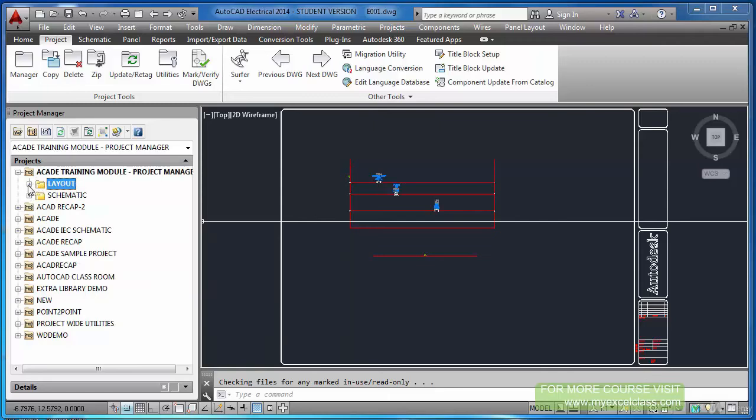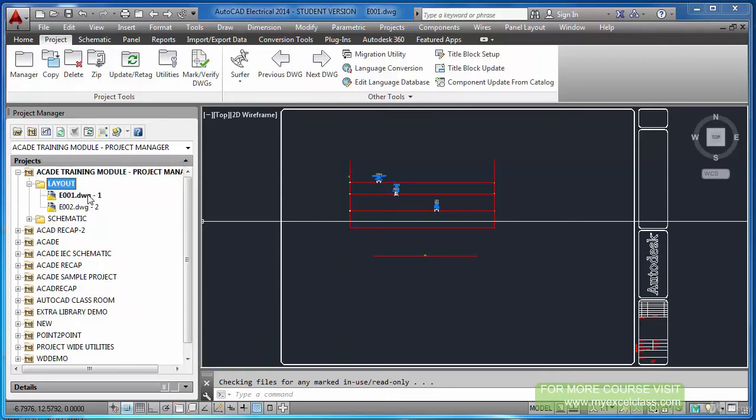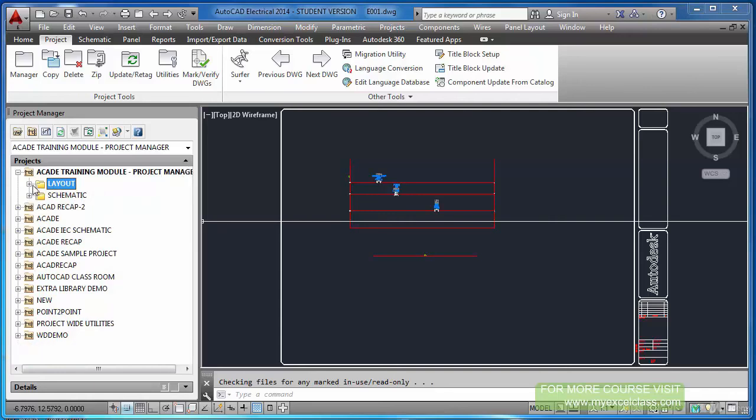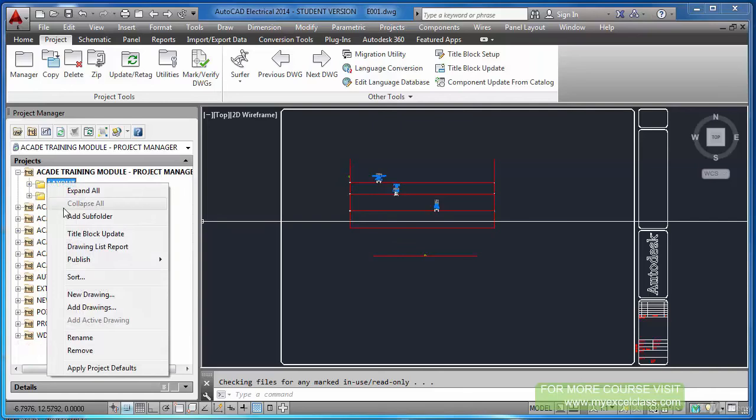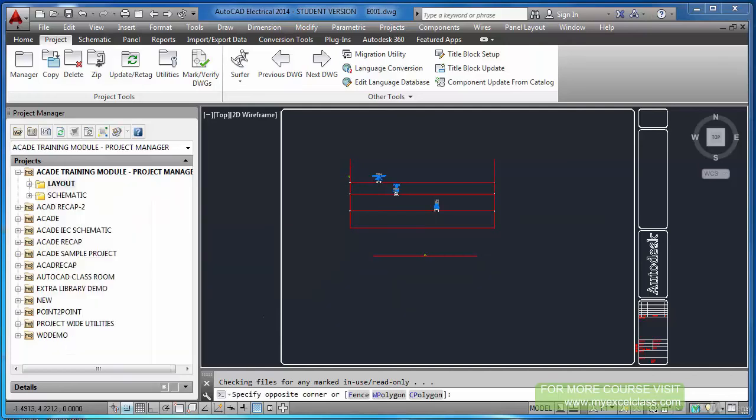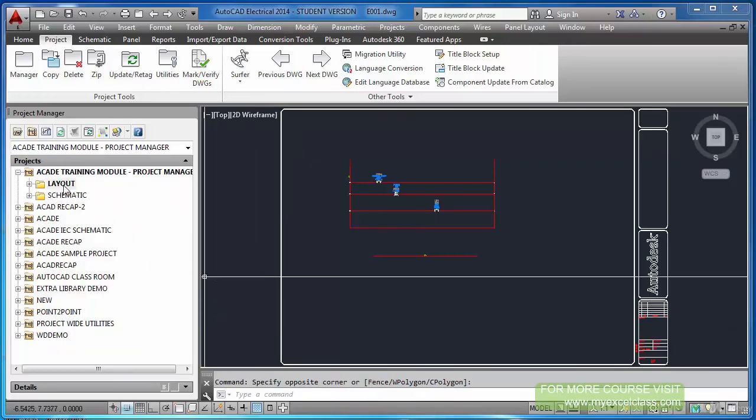I can create panel layout diagrams inside this folder, and I will create the schematic diagrams under this folder. You can delete these subfolders, but remember, if you remove folders like this, all the drawings inside will get removed.